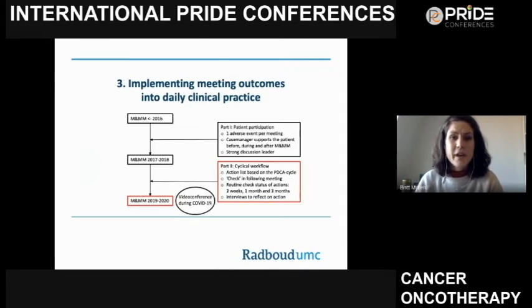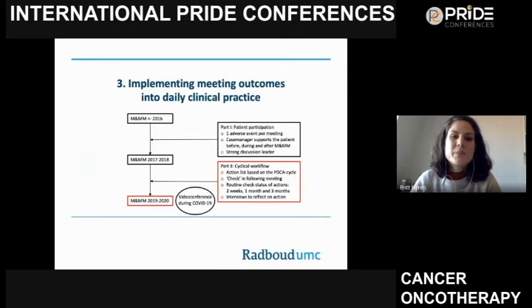So the final piece of our research that I want to take you through is that we also tried to improve the implementation of meeting outcomes into daily practice. This is an overview of time. In 2016, we started with the morbidity and mortality meeting, which is our first improvement step, part 1, involving the